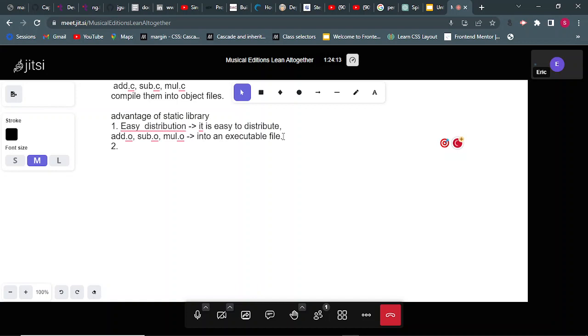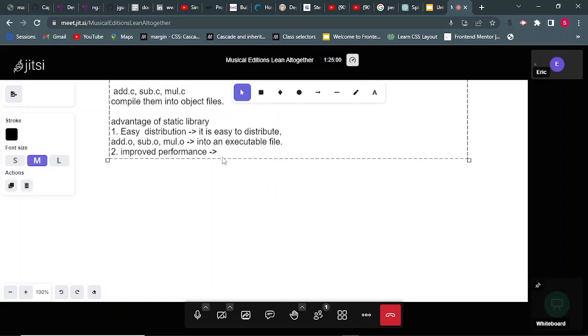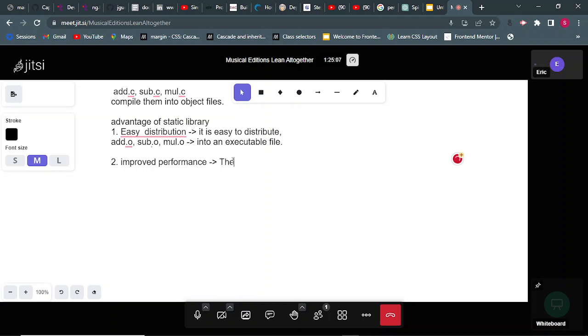Now, number two is that it improves performance. It improves performance because the files are linked directly into the program. Let me write it now: the code from the static library is linked into the program directly,